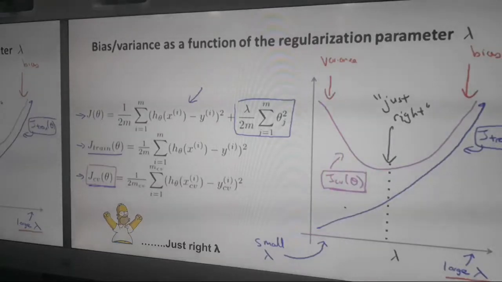Then the first one is what? Like this, the second one is like this. Then this is lambda versus J theta. This is for your